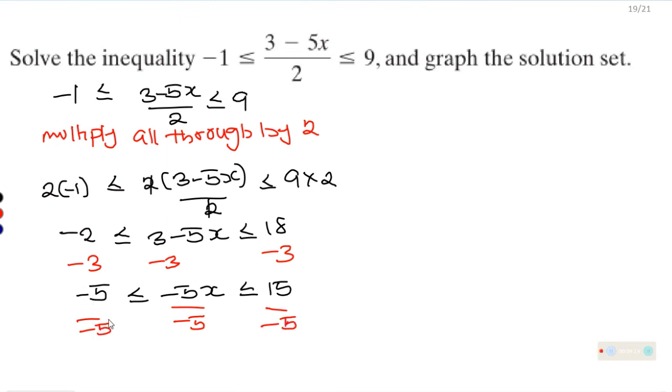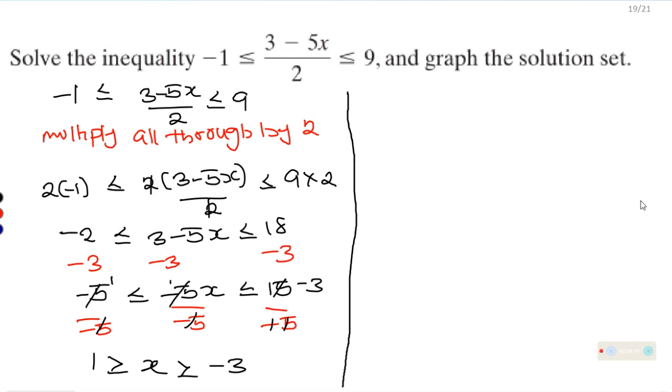Okay, so remember, when you are dividing by a negative number, the sense of the inequality changes. So here we are going to have the sign changing, to 1 is greater than or equal to x greater than or equal to minus 3, because here we have minus 3, and here we have 1. Okay, so we can rewrite this answer as minus 3 less than or equal to x less than or equal to